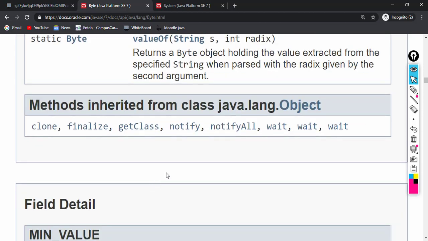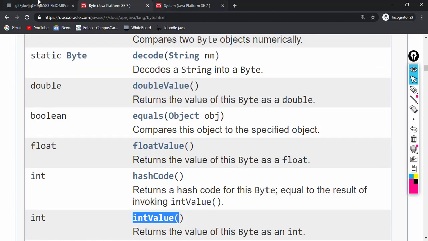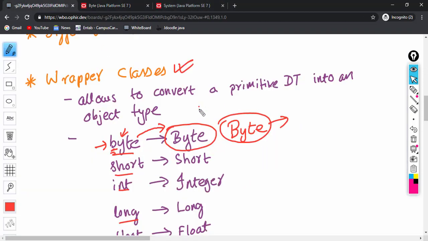So by creating a class for the primitive type, we have provided additional functionality which will help the programmer to perform some of the common tasks, like converting from one type to another.